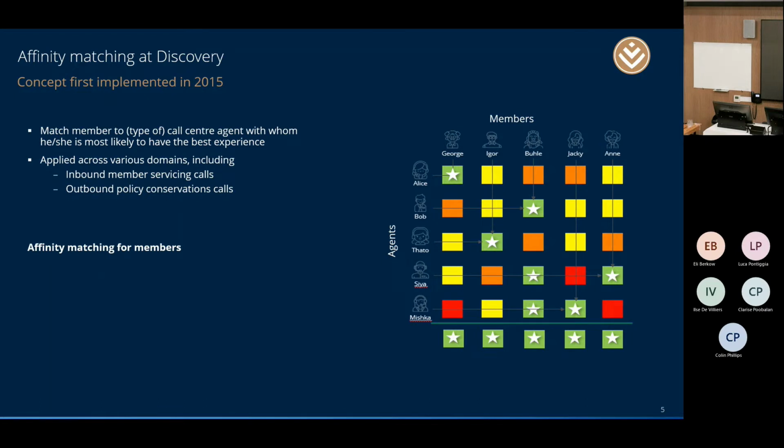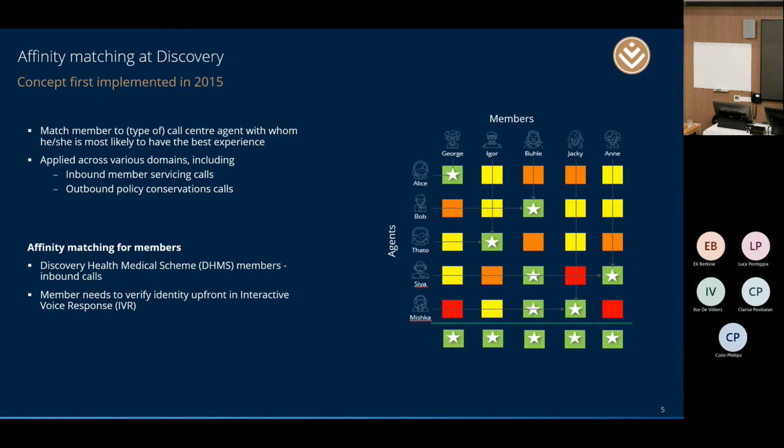In this talk, I'll focus on our affinity matching for members, and this is specifically applied to our Discovery Health Medical Scheme members, or DHMS for short, on these inbound servicing calls. The requirement we have then is that the member needs to verify his or her identity up front in the IVR system, that automated system you encounter at first when you phone into the call center. Of course, if we know who you are, then we can match you to certain agents. And the quality of an interaction then